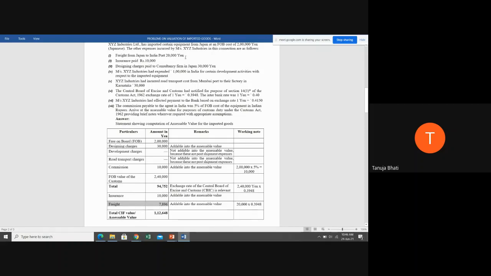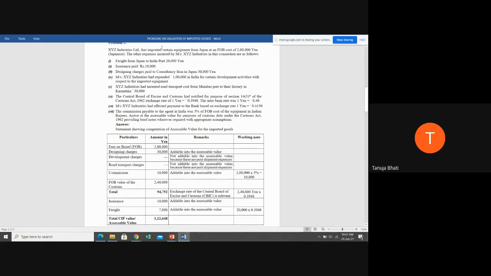So this 20,000 is in yen, and you first convert this 20,000 into rupees. 1 yen is 0.3948 rupees, so 20,000 into 0.3948 gives the value in rupees as 7,896. So when you add FOB plus insurance plus freight, you get the total assessable value or total CIF value,